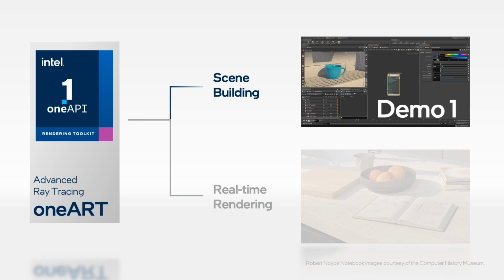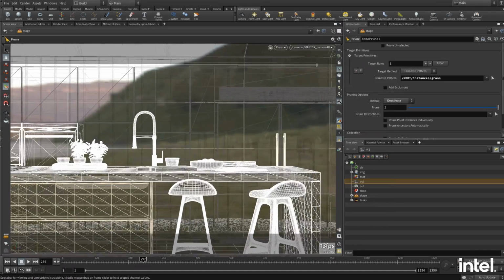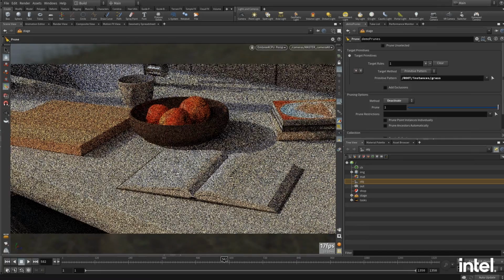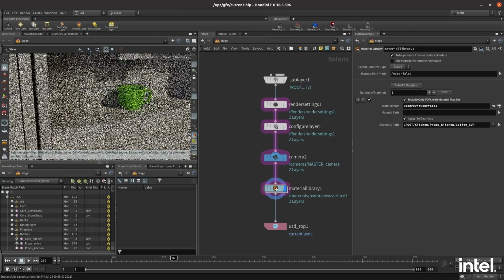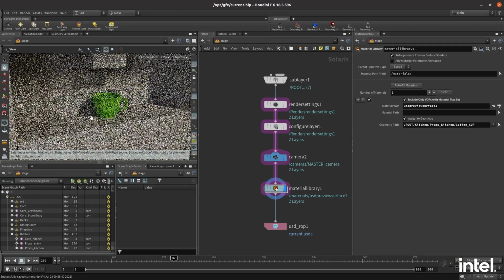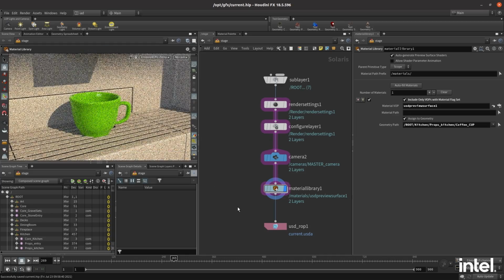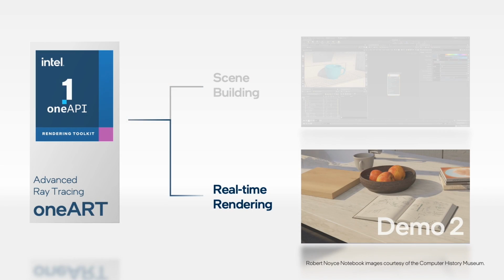First, let's show an artist creating a scene backed by Intel Embree using the tool Houdini from SideFX. The artist creates in HD with interactive path trace rendering on a Xeon workstation without a discrete GPU. For this phase of the design, the CPU provides the interactivity the artist needs. When they pause to review, the path trace rendering converges towards photoreal quality. Next, it's time for the artist to review the scene with the director.